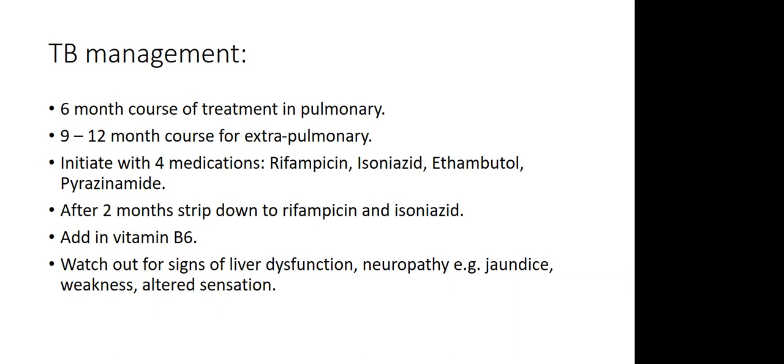Normally in a standard situation, you go down to just those 2. But remember, you do need B6, pyridoxine as it's often referred to. It's really important to start that as well, because that reduces your risk of neuropathies. And these children need follow-up. What you have to try to do, and it's not easy, is make sure that they are actually coming back and forth with their child to the hospital. Sometimes they will say, oh, I can have my 2 weeks of treatment and then I go. And that really makes a huge problem, because that's what leads to the resistance and all these other things.